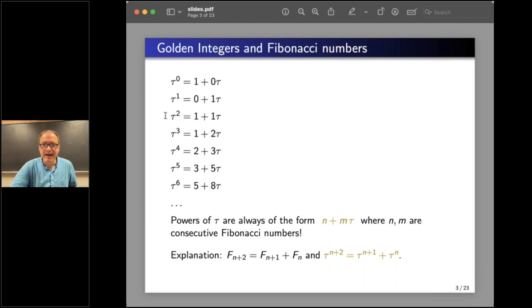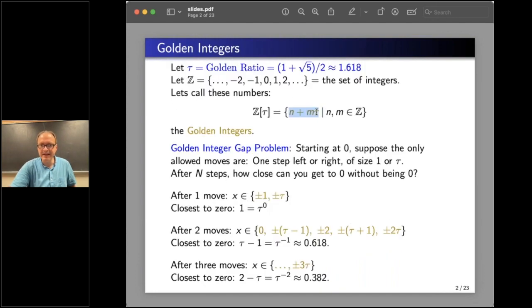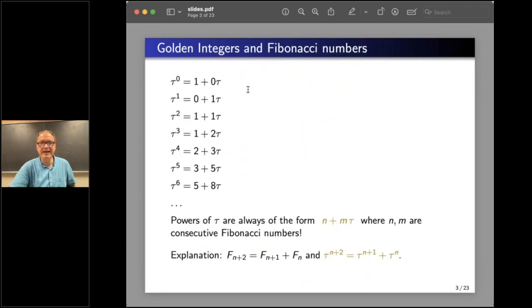Okay, and then if you write the powers of tau in this format, then they look like this. But now notice there's something funny about these coefficients, right? These numbers 1, 1, 2, 3, 5 are Fibonacci numbers, and the numbers in front of the tau are also Fibonacci numbers 1, 1, 2, 3, 5, 8. So why is that the case? Why is a power of tau, if I write it in this way, why do I always get 2 consecutive Fibonacci numbers? Well, the reason is